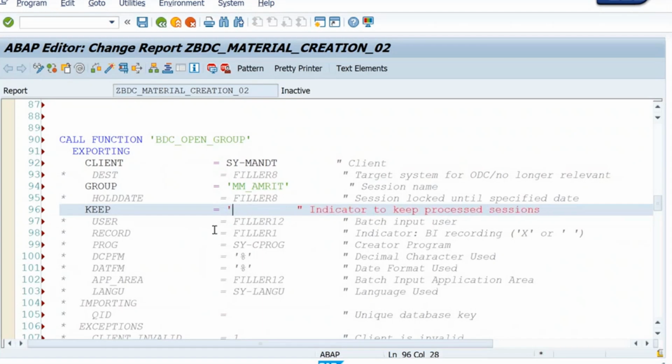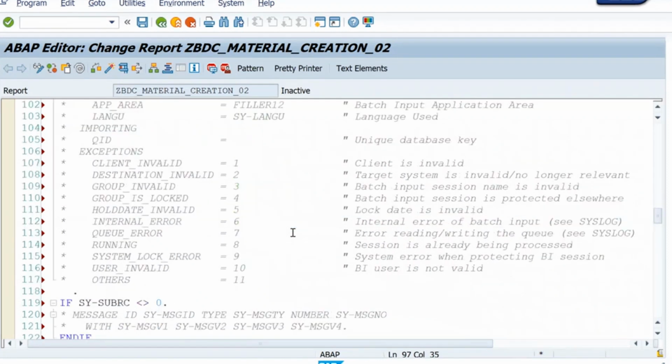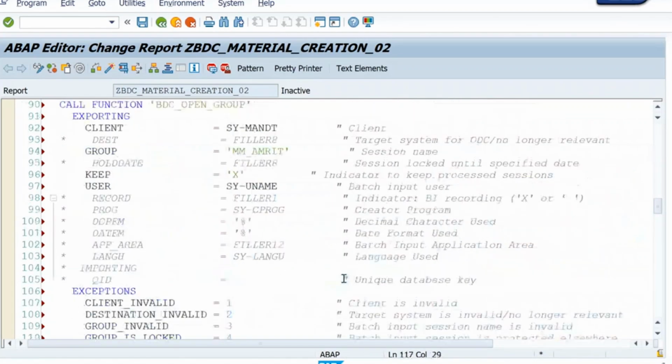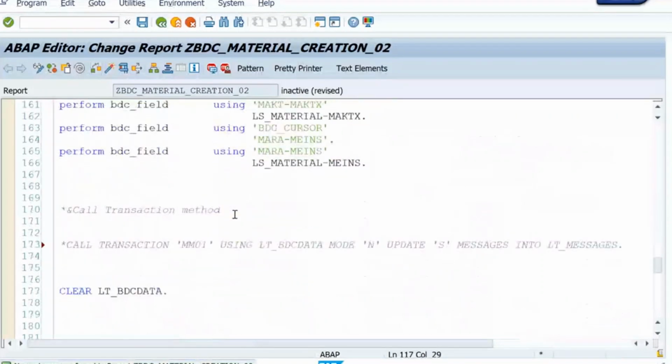And this session is for me only. So username I will also pass as sy-uname, system variable for username. So this is for Amritraj, right? Then rest everything is not needed. Uncomment the exception here. It will create a group here. It is going to create a session for you. Once it is done, at the end of the loop,